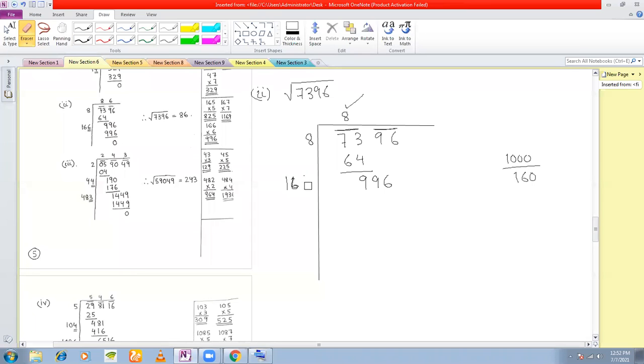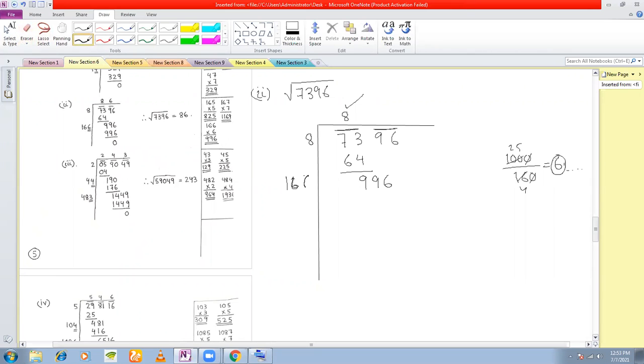Once I put a 0, once I divide 1000 by 160, how much will I get? 25, and you have a 4. So what is the quotient here? 4 into 6 point something, right? So the quotient here is 6. That means we have to put a digit that is close to 6. Either you put 6, or you can put 5, or you can put 7. Let's try with 6 first.